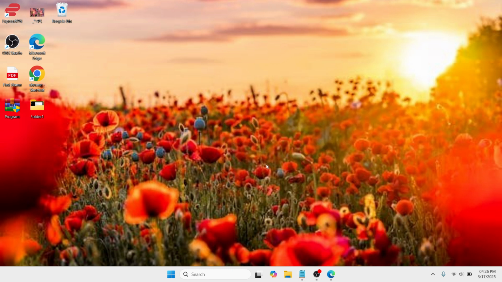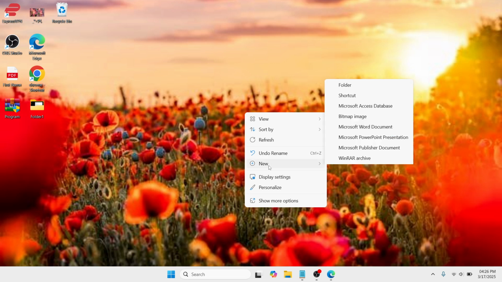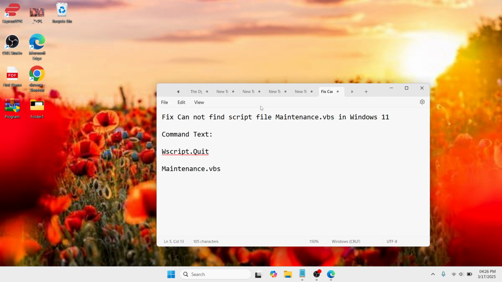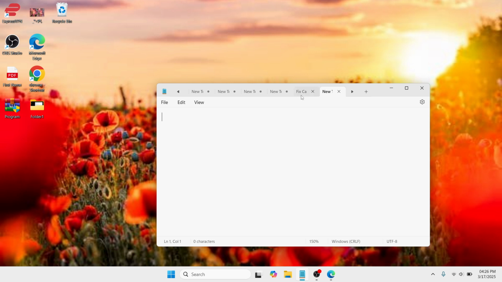The very first step is here at the desktop screen. Please do a right click, scroll down and go with new and go with text document. Okay, so here in the text document, just have to double tap it. Okay, and you need to type for this